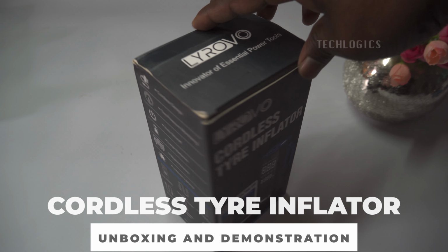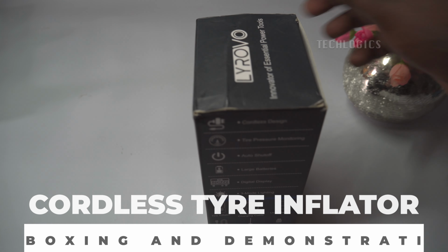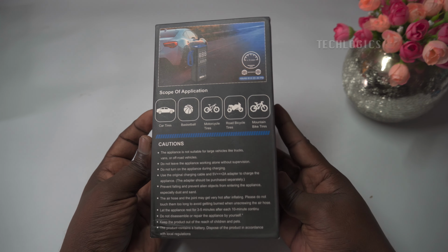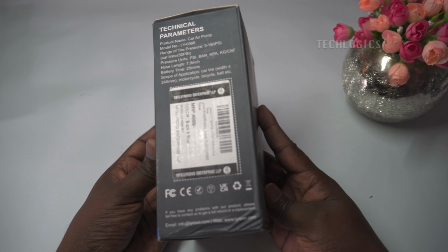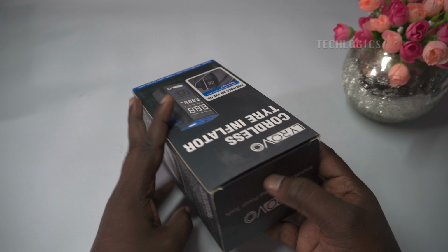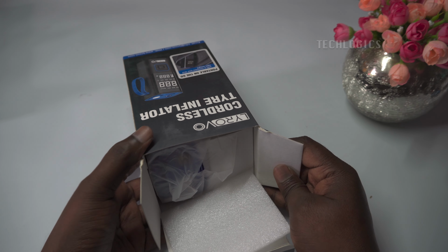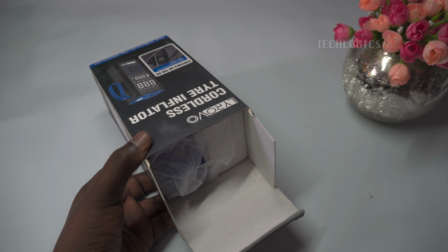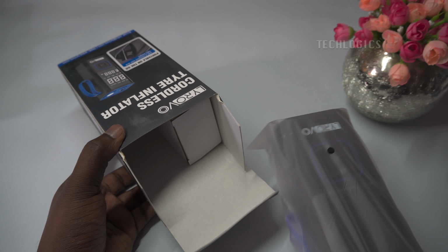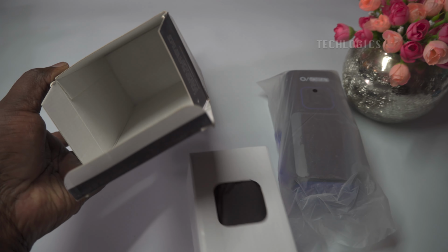Introducing the versatile 2-in-1 tire inflator, your perfect companion for both car and bike maintenance. Designed for convenience and efficiency, this inflator handles a variety of tires, ensuring you're always prepared, whether on the road or out for a ride. Its compact, portable design makes it easy to carry, and dual functionality means you don't need separate devices for car and bike tires. With multiple pressure settings and a clear digital display, this inflator helps you achieve the perfect inflation